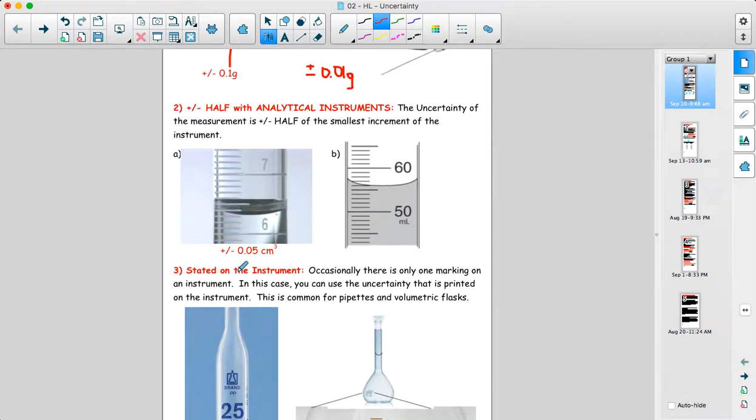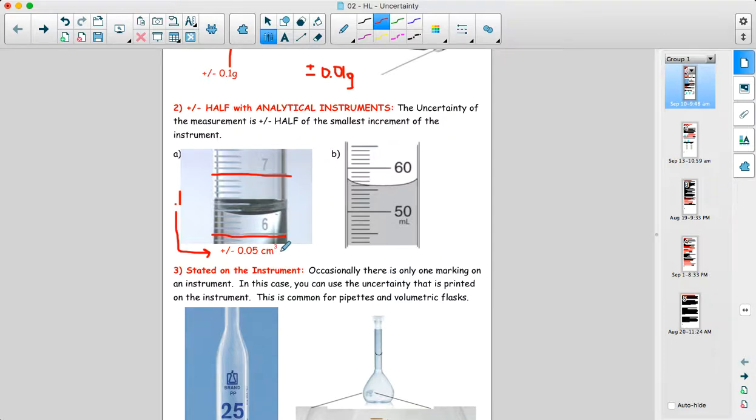If we have something like an analytical instrument, mainly for us this will be glassware, then the system that we'll use is that the uncertainty of the measurement is half of the smallest increment of that instrument. So on this one, if you see the main line here is 6 and the main line here is 7, and I'm just going to go ahead and guess. I could count that there's 10 increments in between the 6 and the 7. So that means the smallest increment is 0.1 cm cubed, which means my uncertainty, I'm going to report that as half of it. So I'm going to report the uncertainty on this graduated cylinder as plus or minus 0.05 centimeters